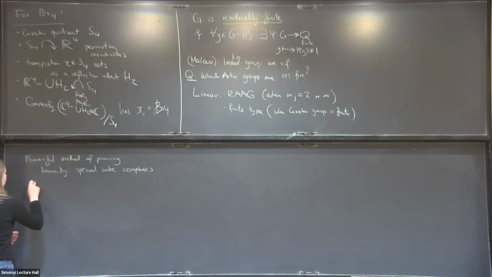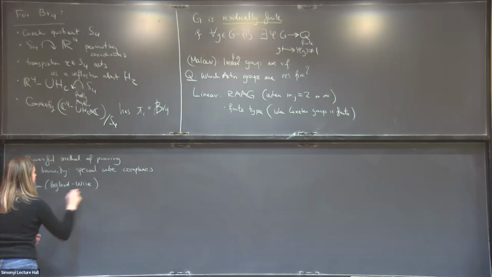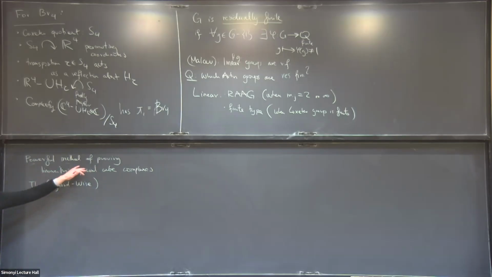Maybe I'll just write it as a theorem, by Haglund and Wise. I'm not going to actually define special cube complexes because I'm not going to use it so much in this talk,